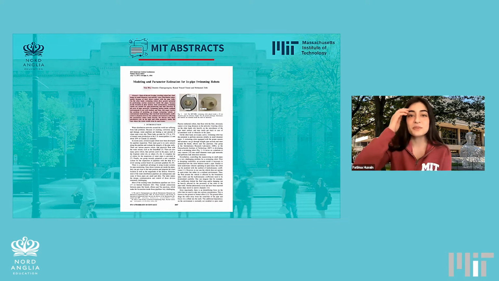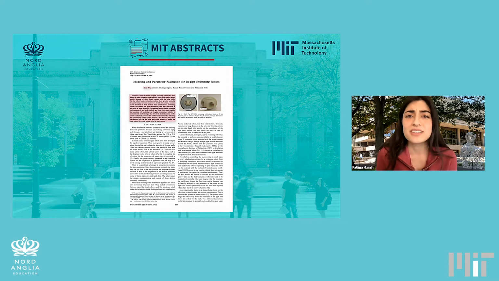For some of you who may not be familiar with the concept of abstracts, which I wasn't when I was in middle school and early high school, an abstract is that short summary that happens at the start of a research paper or a conference paper or any kind of research. It tells you what that research is about and what the researchers found. I have it highlighted in maroon on this example of the first page of a conference paper. As you can see, it's just a few sentences long. So it's really just a snapshot of what that research is about, and it introduces you to it. If you wanted to learn more, you could read more.